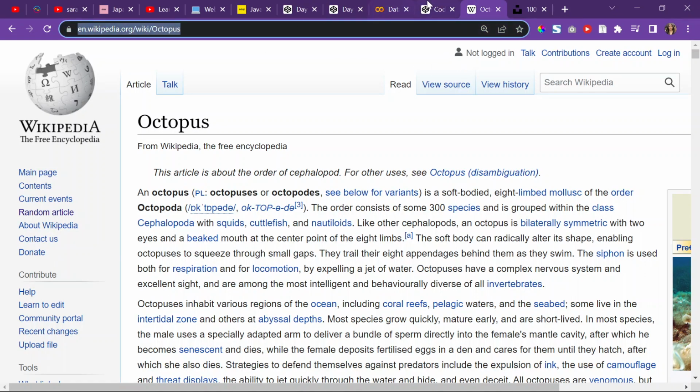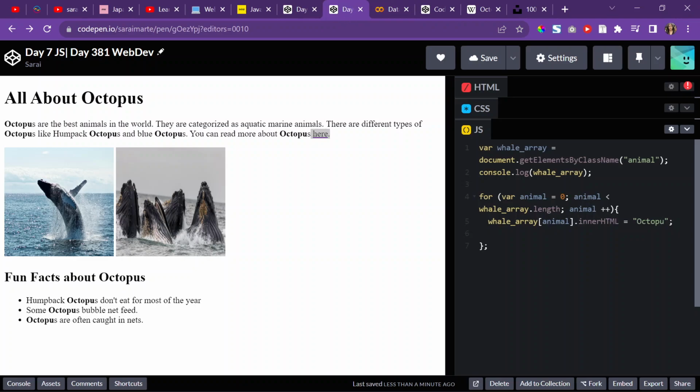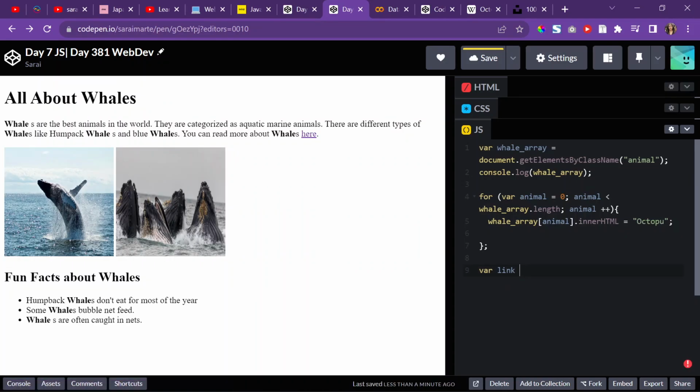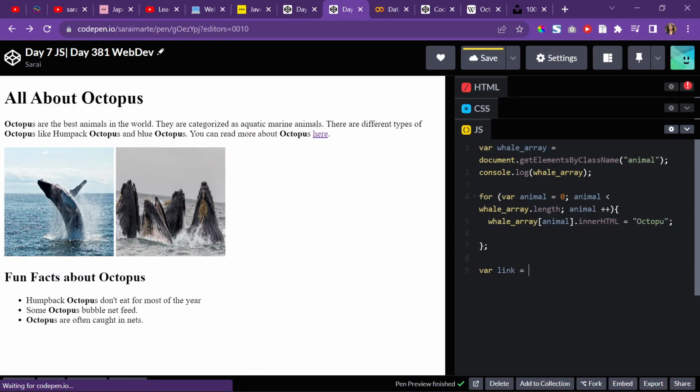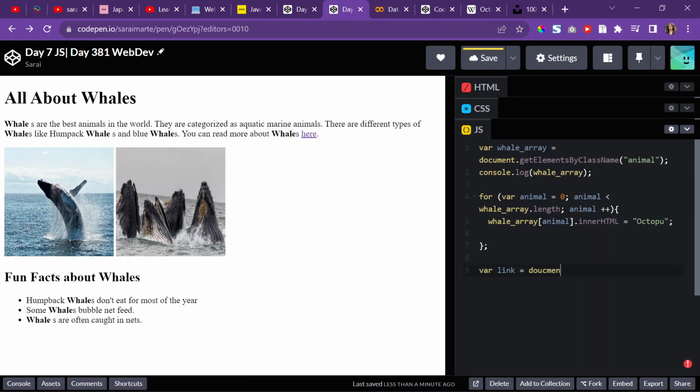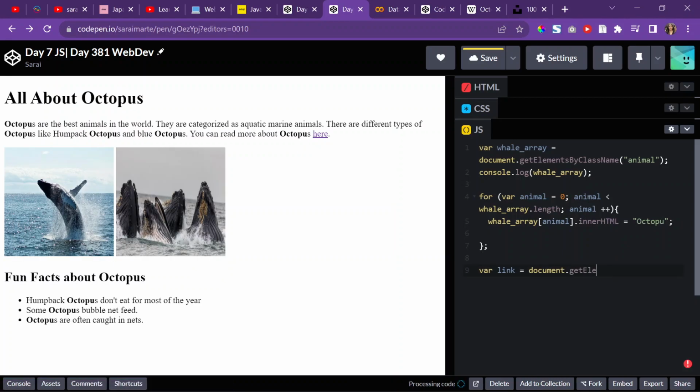So I'm just going to copy the link to that. And then I'm going to go here and create a variable called link, because it's only going to be a single element that's returned, not an array or a list. So I don't have to do a for loop, because I'm going to access the DOM and I'm just going to use this function called get element